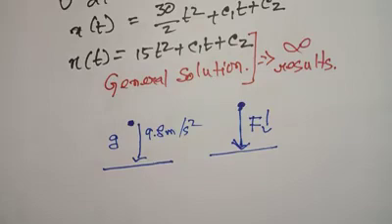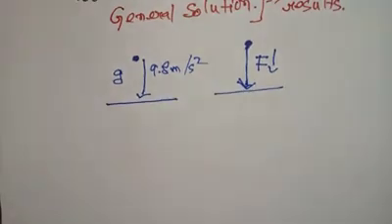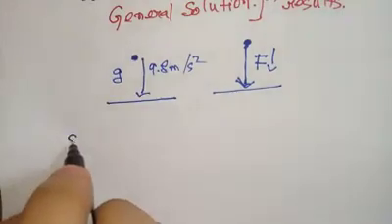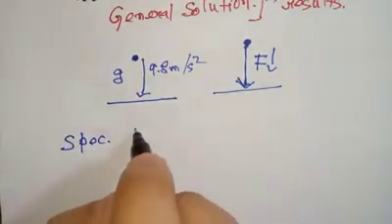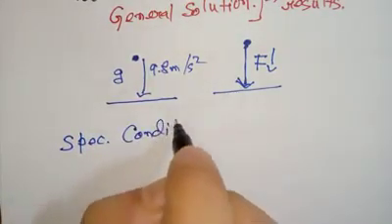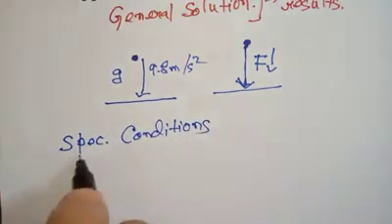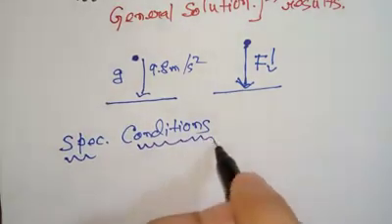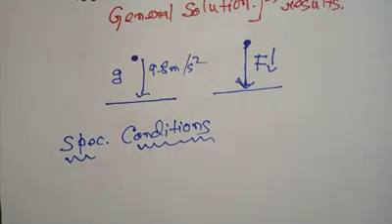So what we need to do is find an initial condition. That means we have to be given initial conditions, like an initial position and an initial velocity, and once we calculate with them, it will be better. So let us solve it with some specific conditions. So we have got some specific conditions which would be mentioned over here. So what are the specific conditions?